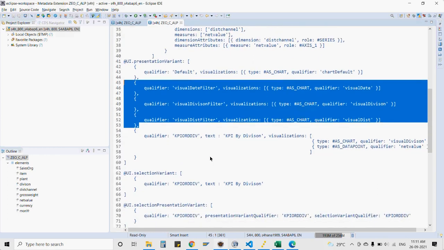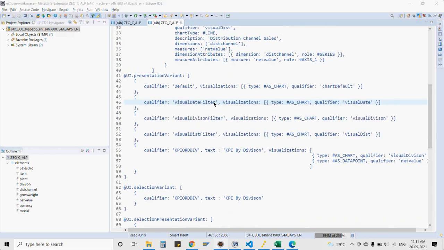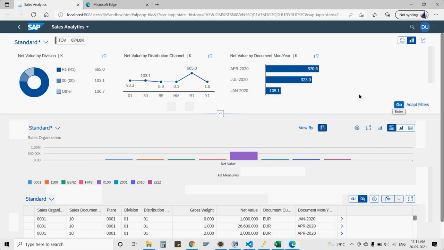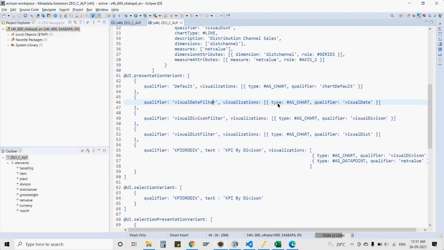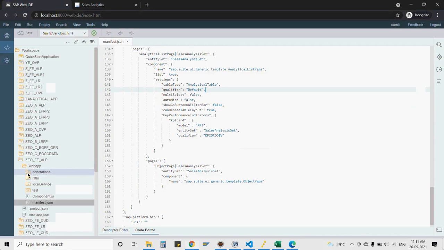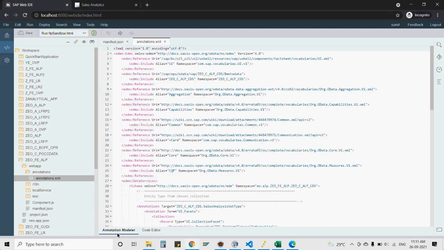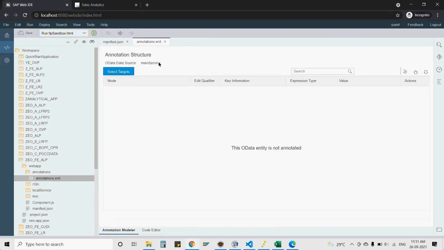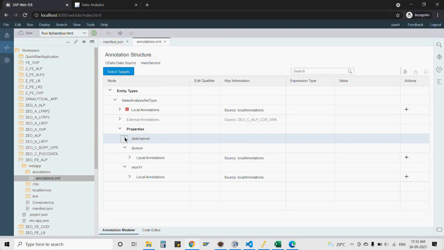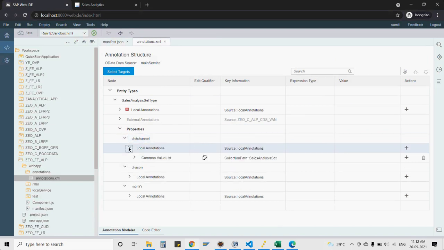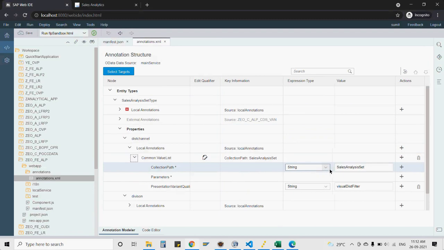Now, once we have this chart, as we talked about, this particular section is called a visual filter. Now, as it is called a visual filter, we have to bind it at a filter level. How can we bind it at a filter level? Using an annotation. So in the annotation file, you would be able to figure out that we have added those 3 properties. Okay. Here, distribution channel, division. In the local annotation, we added the value list, where our actual data would be the collection part of the data, and the visual